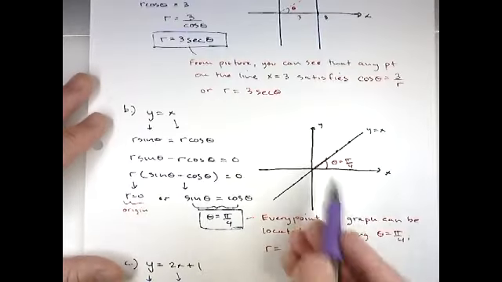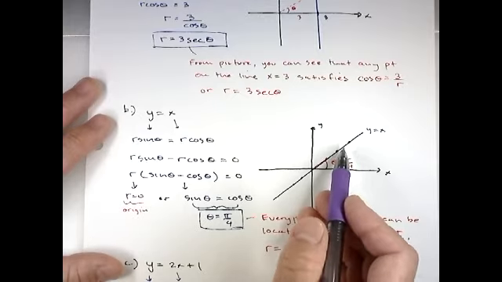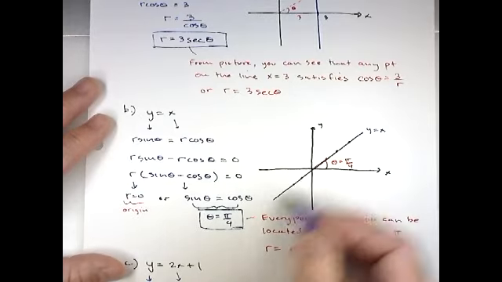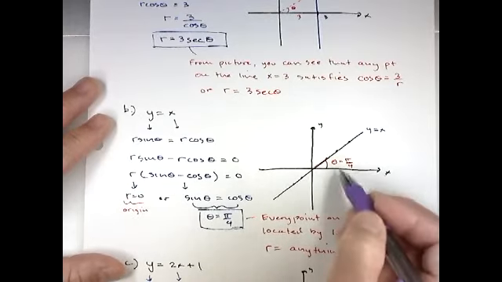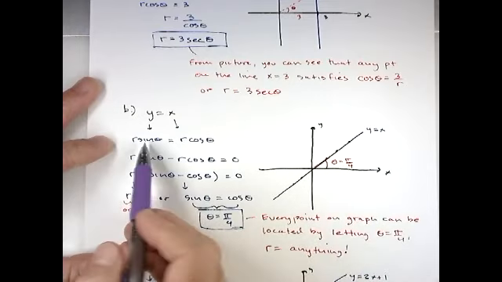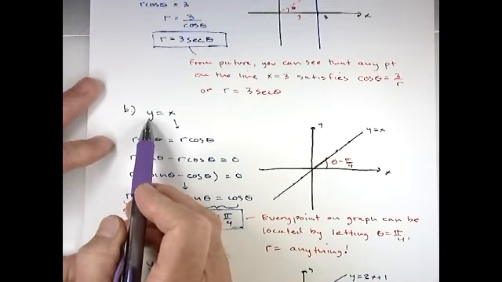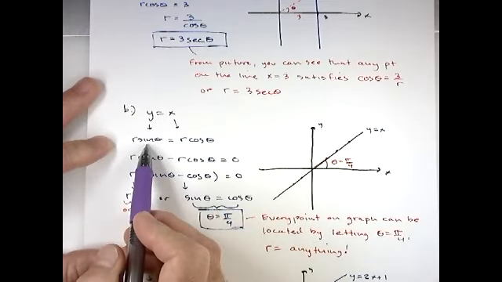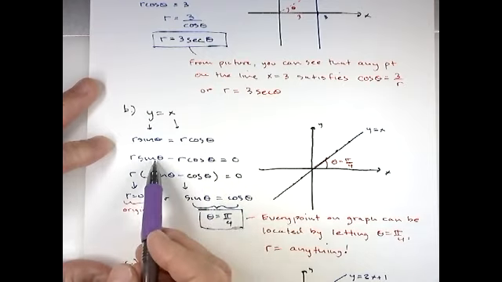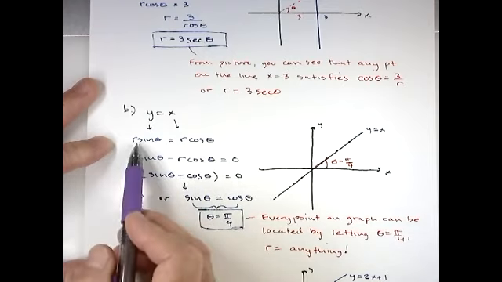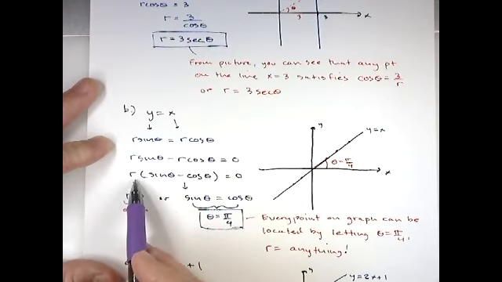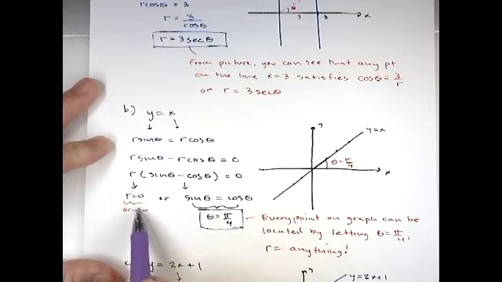So now the line y equals x, a line passing through the origin at an angle of pi over 4. If we do our conversions, y is r sine theta, x is r cosine theta, move it over and factor out an r, you kind of get